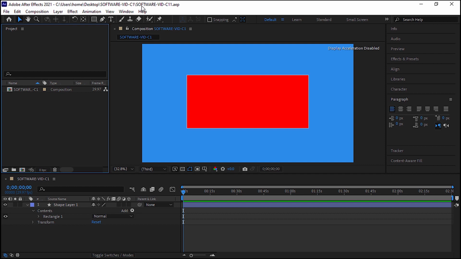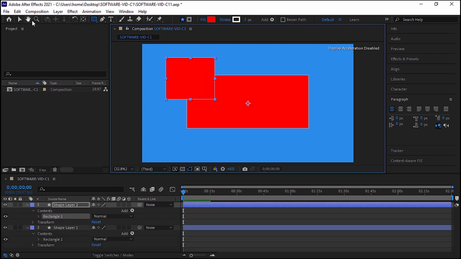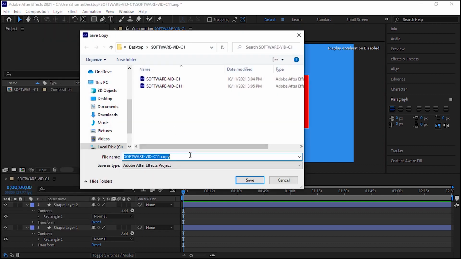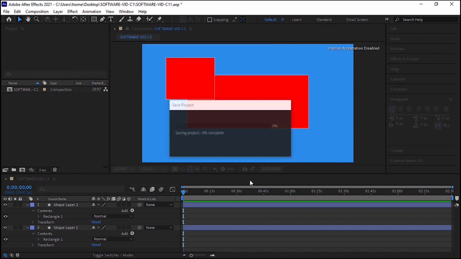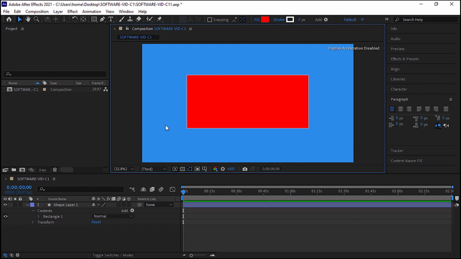In this case, as you can see in the video, the new project name is displayed in the program title bar. Sometimes you may want to save the project to another file, but you want to continue working on the current project. To do this, select the Save a Copy option from the File menu in the Save As submenu. In this case, if you click on the Save button after making the required settings, a copy of the current project will be created, but this file will not open in the program. As a result, you can continue to make changes to the current project.